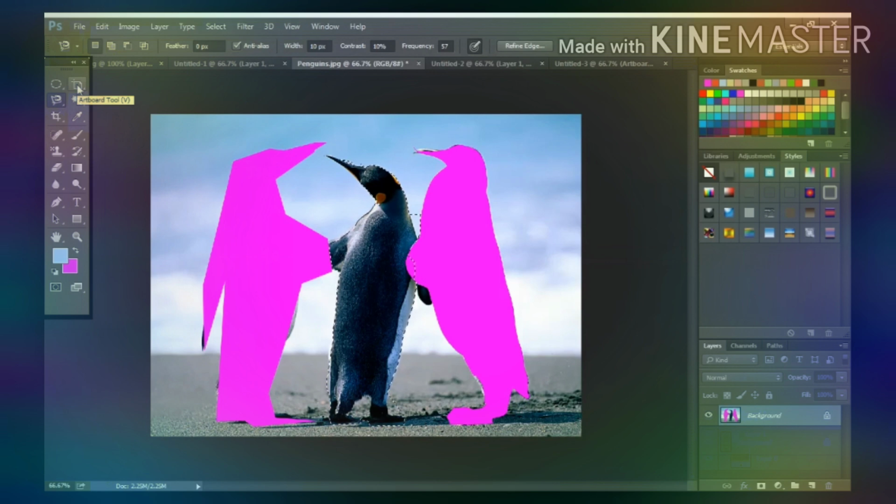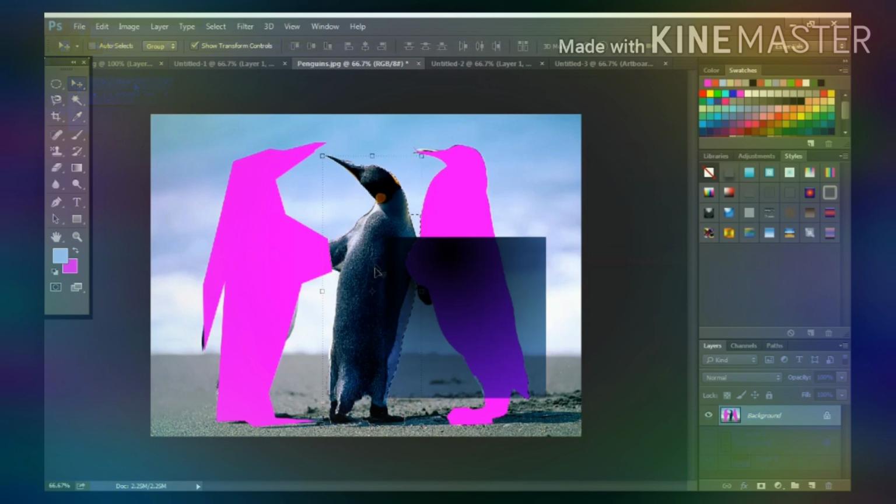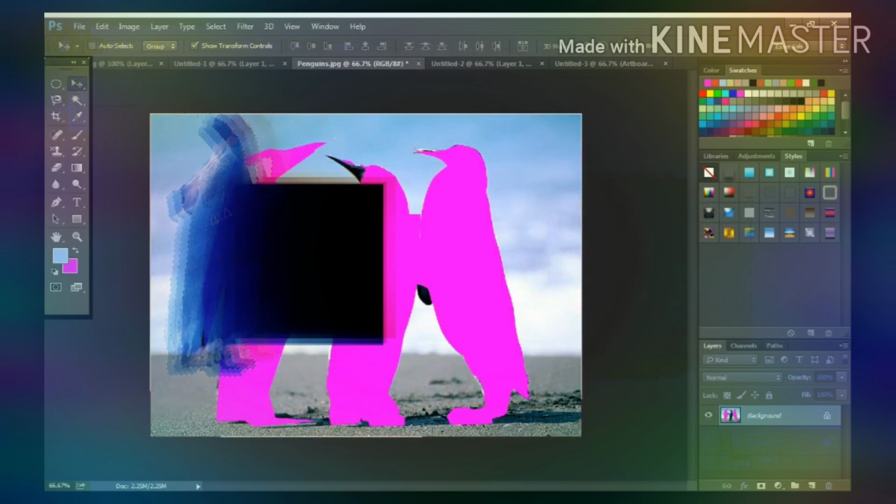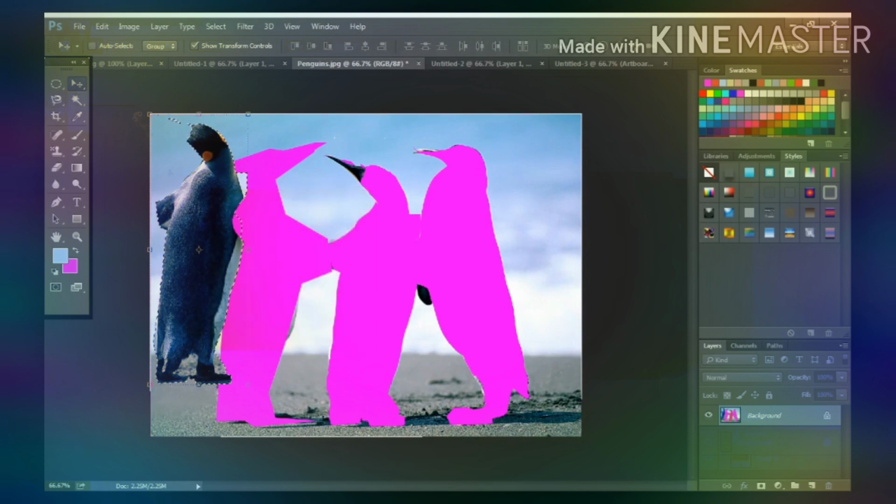It is selected. Now this is the move tool, and you can move it directly. Wherever you want to move it, you can move. As is clear by the name, the move tool is used to move. And the shortcut key for the move tool is V.